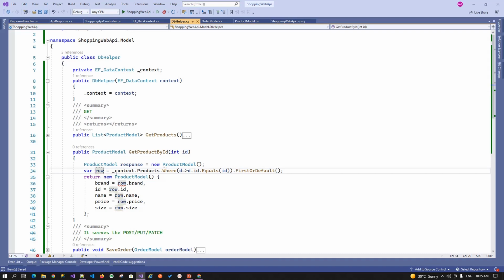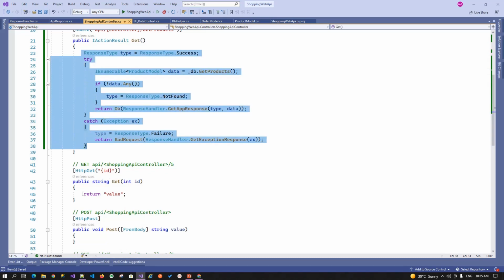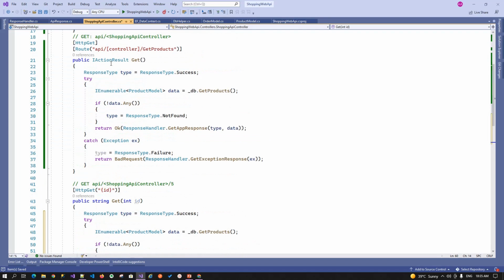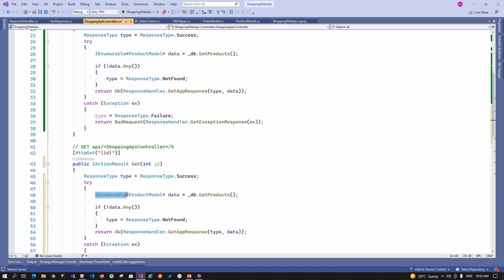Name it as row. Fine. So this method needs to be exactly the same. Change the return type of it firstly, and then we are expecting a single model, not a list. So we tell get by ID that the ID will be passed from the URL,